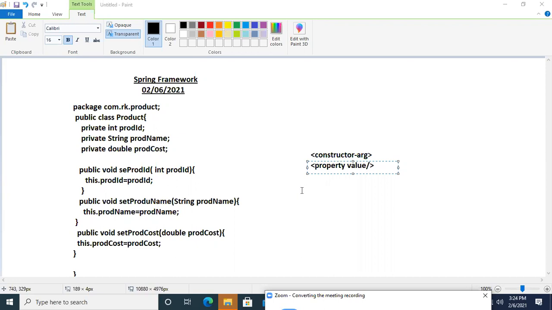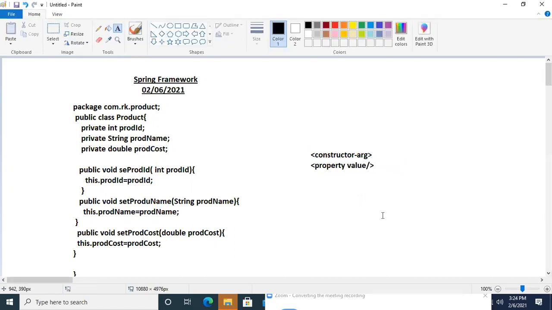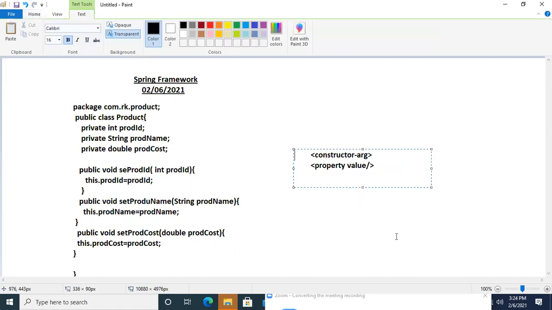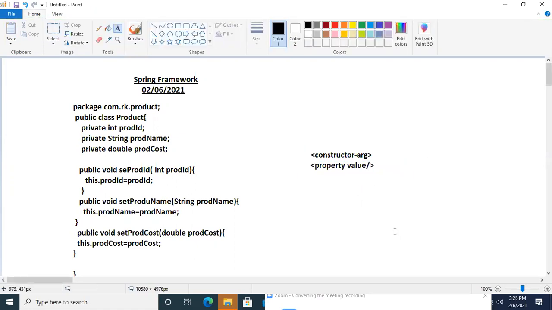In my whole experience, I never touched any company project using Spring XML configuration. But if you know XML configuration, then you will catch up with things very easily.